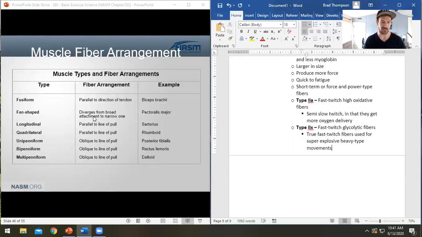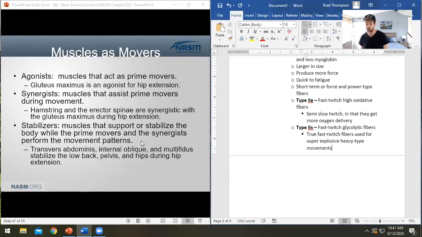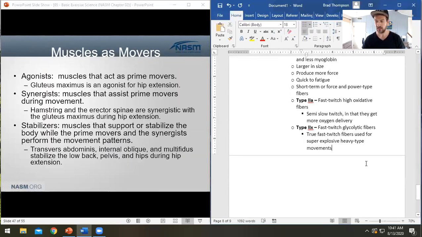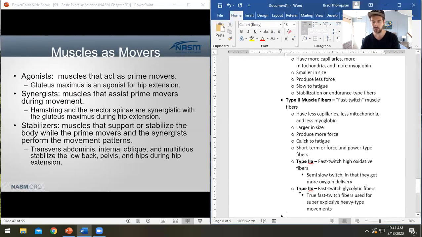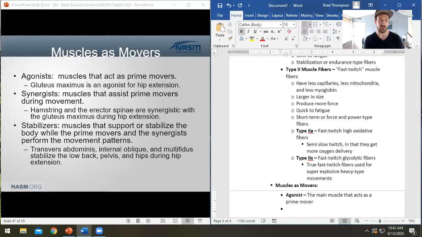You're not going to see these terms again, but lastly, we have to go over muscles as movers again real quick. I'm just going to go back and knock these out. Muscles as movers is the same thing that we saw yesterday. You're going to see an agonist, which is the main muscle that acts as a prime mover. You're going to see a synergist, which assists prime movers. You're going to have antagonists,